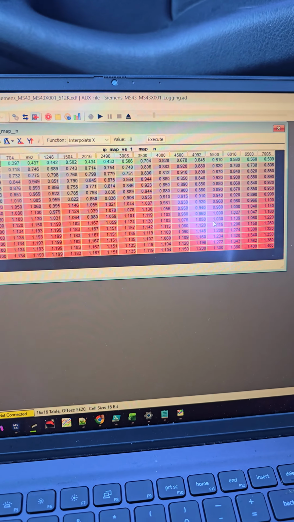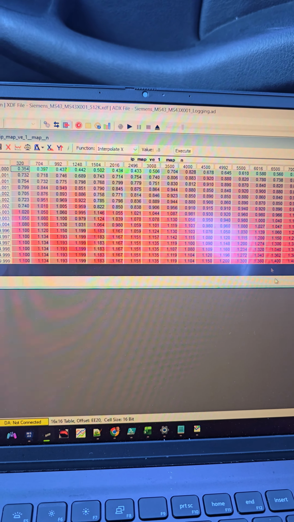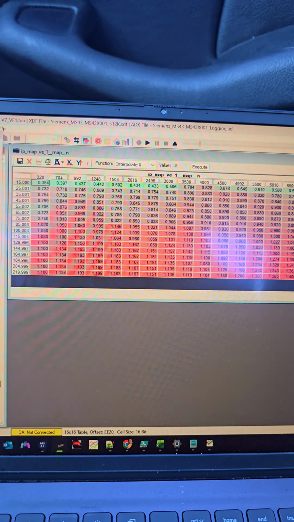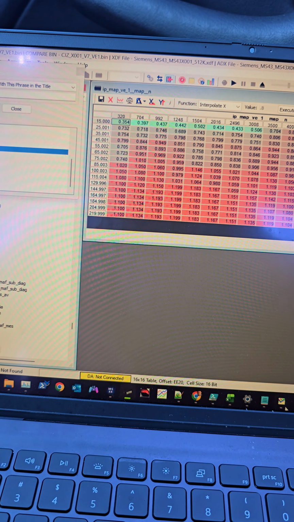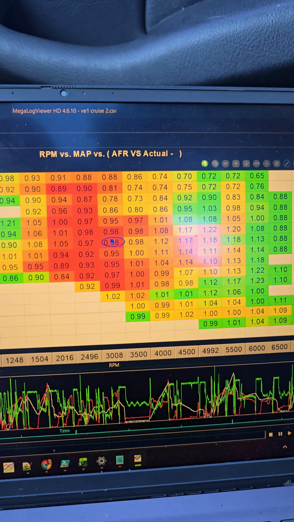I've only adjusted this VE table twice. So I'm expecting this to go a lot quicker when I get my Cobra RTP live tuner. But yeah, I just wanted to go over that with you guys, and maybe this would help some people. If you have any questions, just let